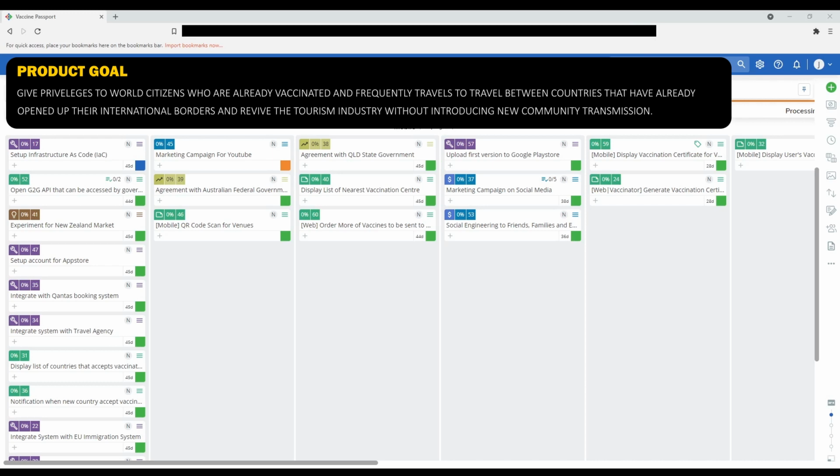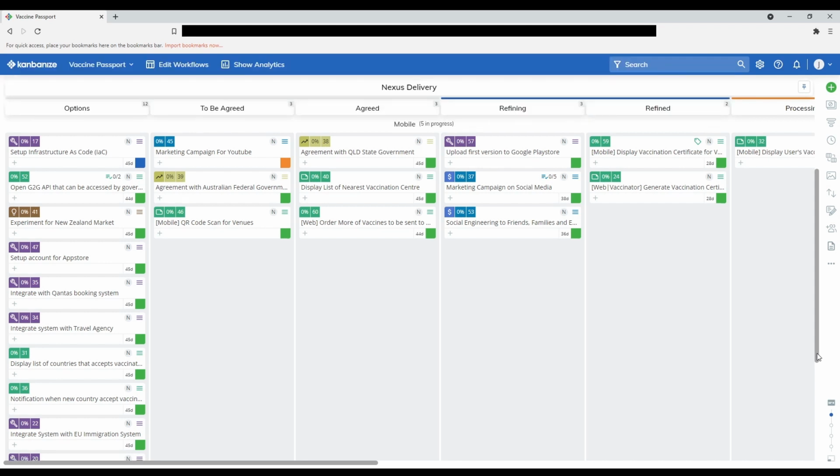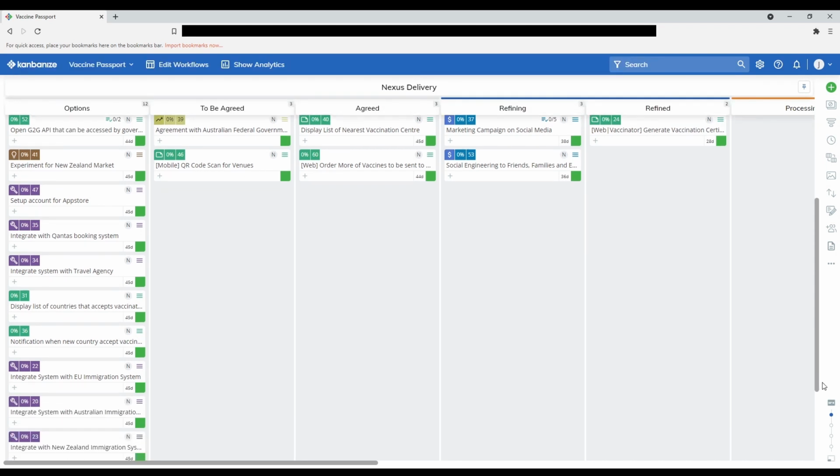If I use the product goal statement as you have seen in the product goal video, here is a sample of a product backlog that is derived from the product goal. To achieve the product goal, the product backlog contains many product backlog items. Feel free to pause this video to look at the product backlog items shown on the screen right now. As you can see on the screen, we can visualize the product backlog and the sprint backlog on one single Kanban board.